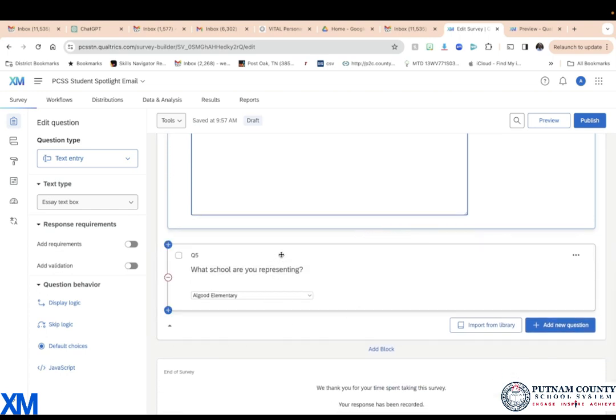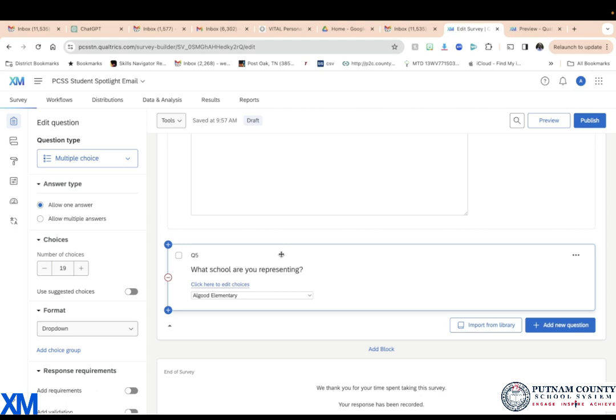And then of course we have a school selection. It's a good idea, if you're going to build projects within your district, to go ahead and create a default question in your bank that has all of your schools listed. The reason is that as you start building reports and dashboards, it'll give you a consistency